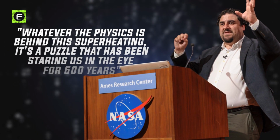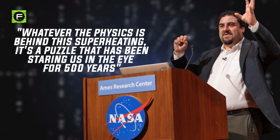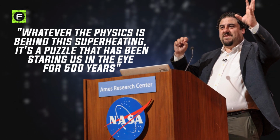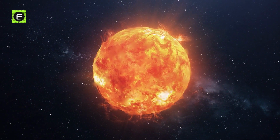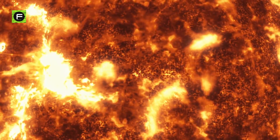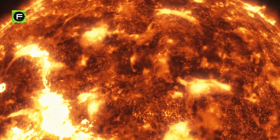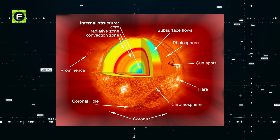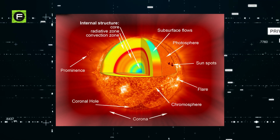Whatever the physics is behind this superheating, it's a puzzle that has been staring us in the eye for 500 years, Justin Casper, a University of Michigan professor of climate and space sciences, said. Superheating looks to be a strange process, based on what scientists have learned so far. Some chemical elements reach varying temperatures, and some heavy ions, or charged particles, reach temperatures far greater than the center of the Sun. As a result of all this heating, the solar atmosphere, also known as the corona, balloons above